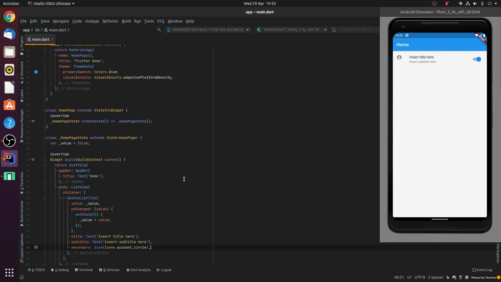Essentially then, the SwitchListTile allows you to combine both a switch and a list tile into one convenient widget. And you'll notice how you're able to tap anywhere inside the list tile to trigger the onChanged callback. This would be different to if you implemented the 2 widgets separately, whereby you'd only be able to tap on the switch itself to trigger the switch on and off. The SwitchListTile essentially allows you to tap anywhere inside the list tile widget to toggle the